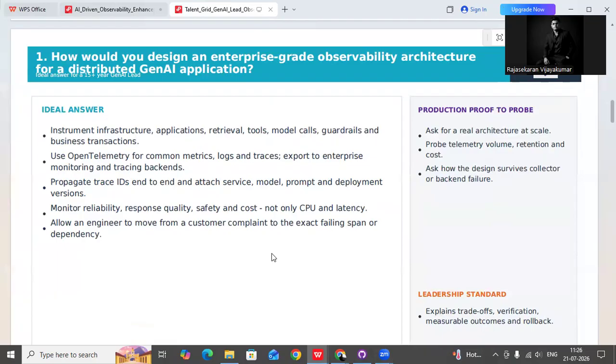Depending on this context, how would you design an enterprise-grade observability architecture for a distributed GenAI application? Hi, Devanshu. As an architect, if I want to design an observability framework for a GenAI platform, I would look at observability as not just one extra